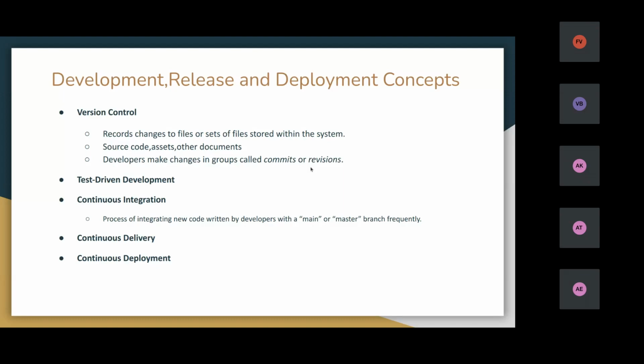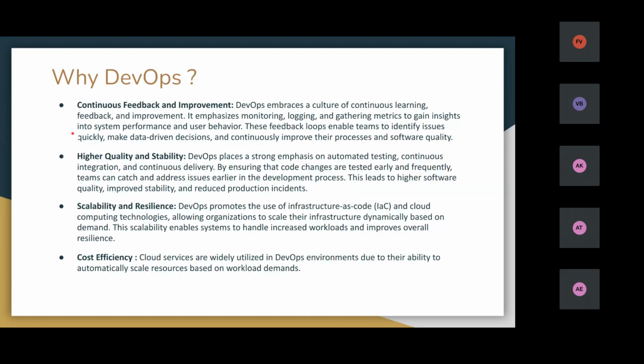We need to know who contributed which code, and we will have a central repository which will have the final code. We will create some branches for the development process, and after testing, only if the test is a success, it will be merged to the main branch. That is the version control process. We will come to that.